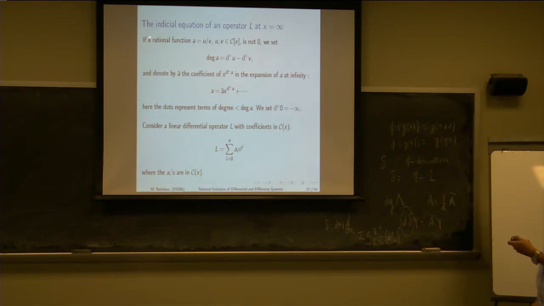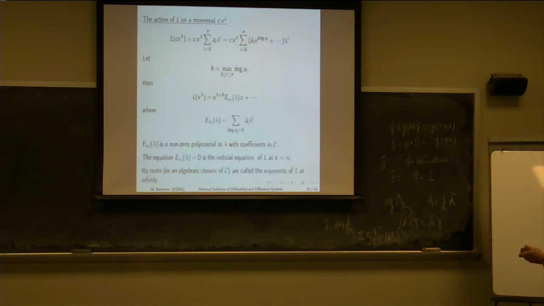Each rational function can be expanded as a Laurent series at infinity, and the leading coefficient will be denoted a bar. Now if I consider a linear differential operator L with respect to theta, with coefficients a_i in C(x), then the idea is,